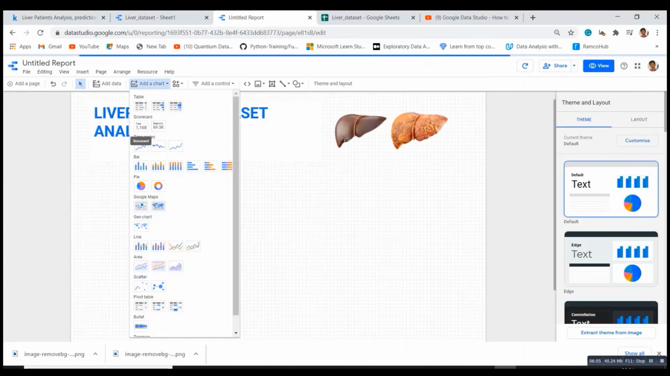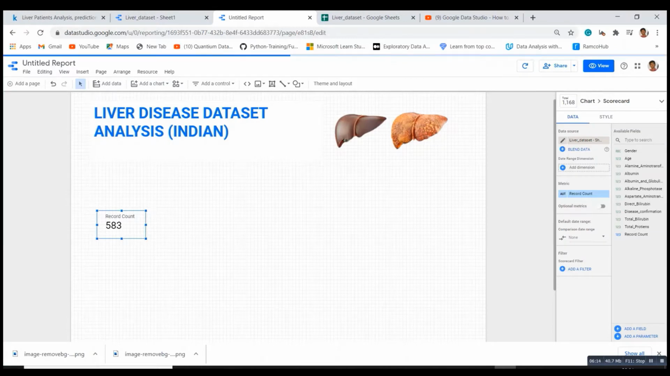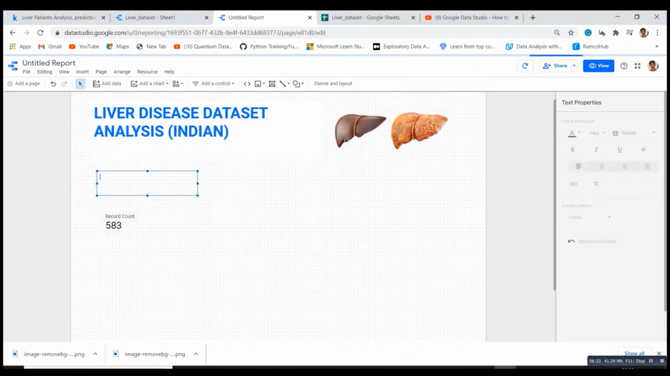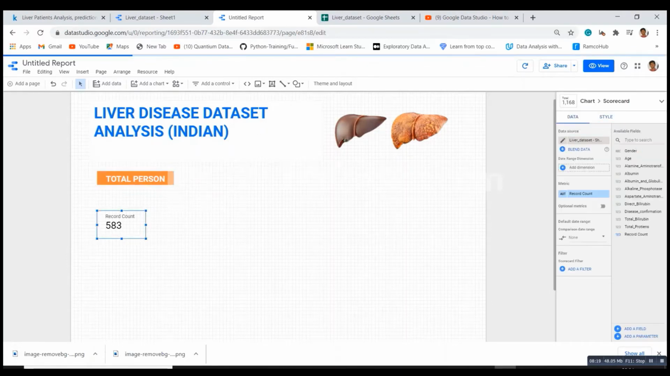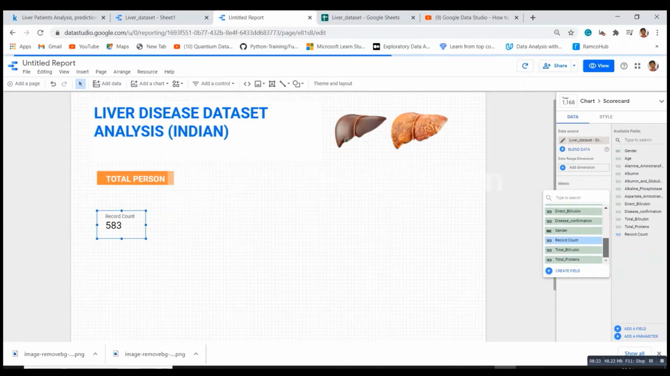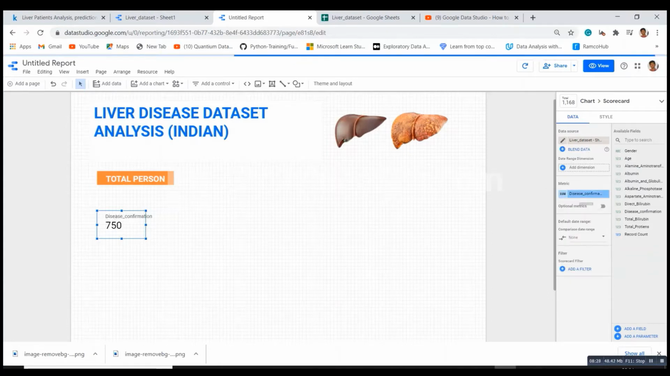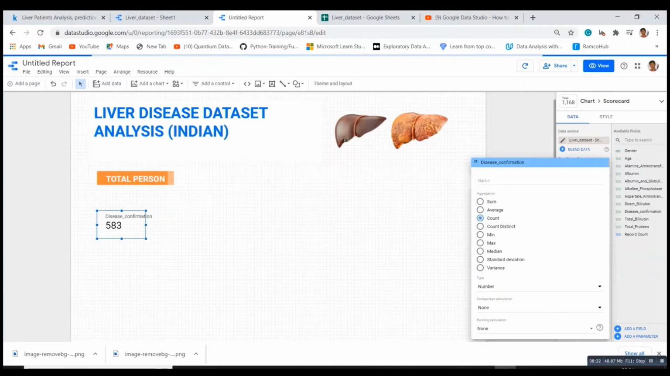Now let's add a title text, which is "Liver Disease Data Analysis India". After this, let's simply color this title text with blue color. Now we will simply click on add a chart and add a